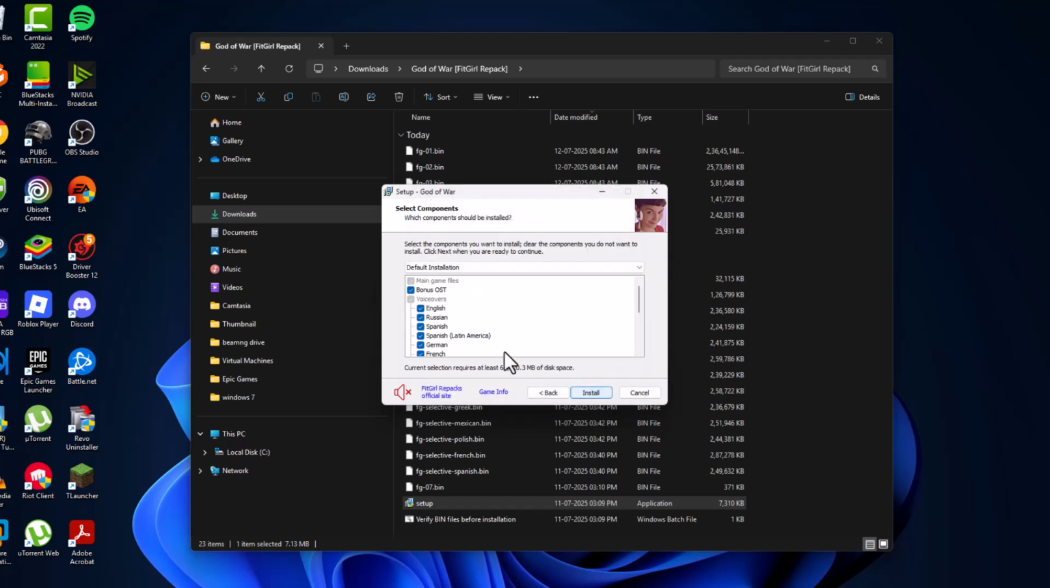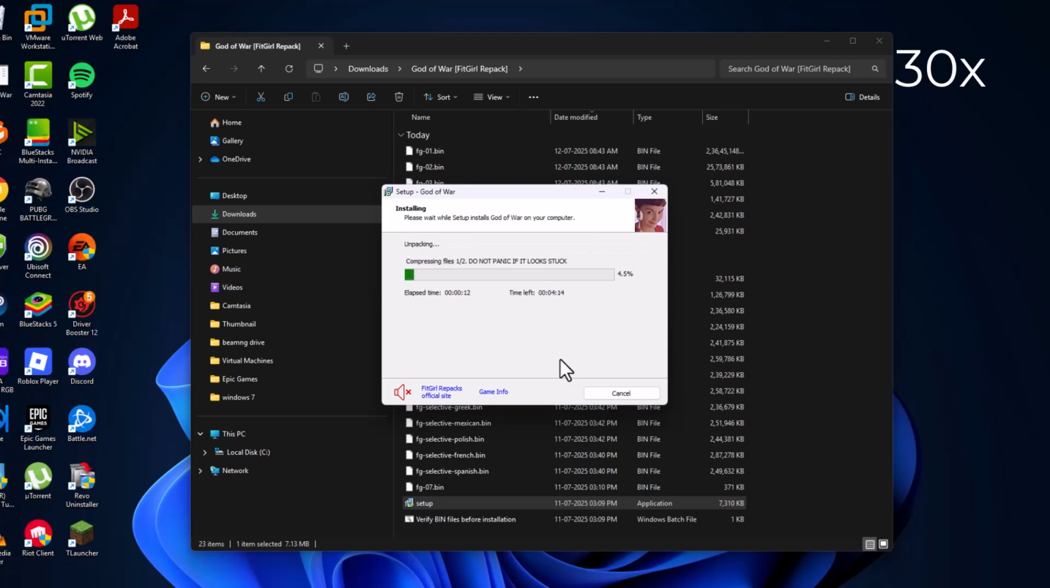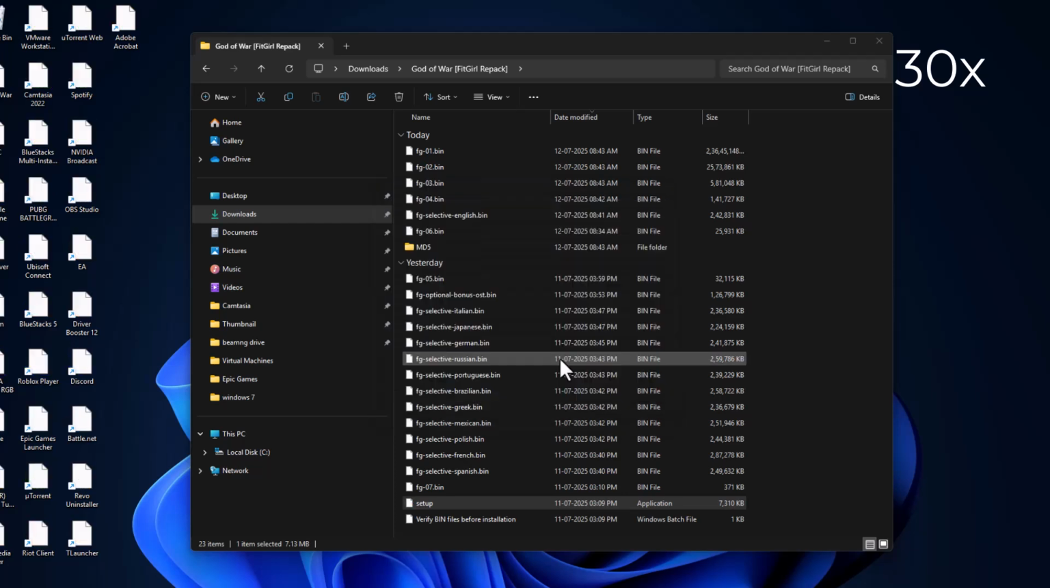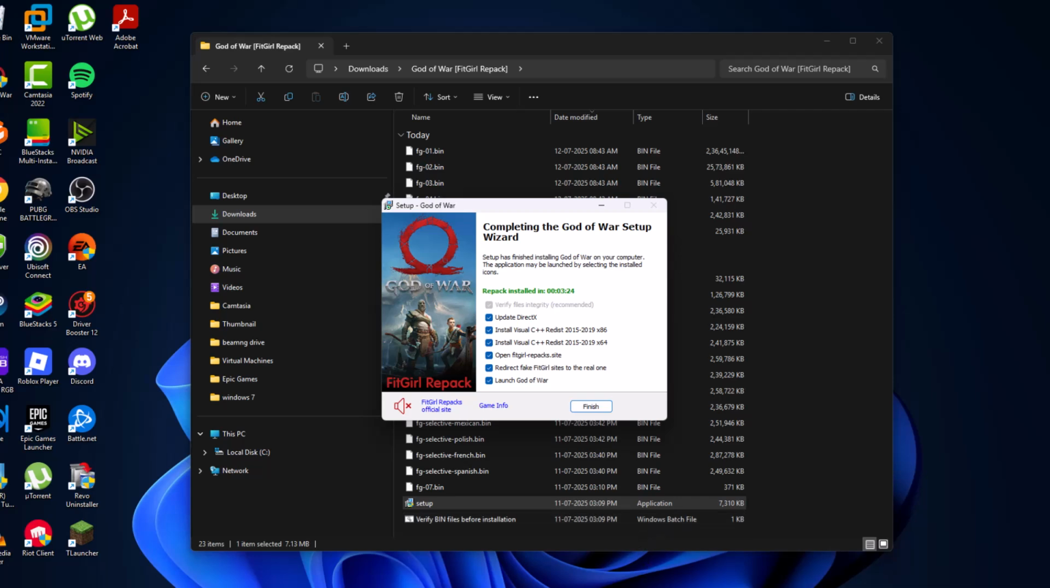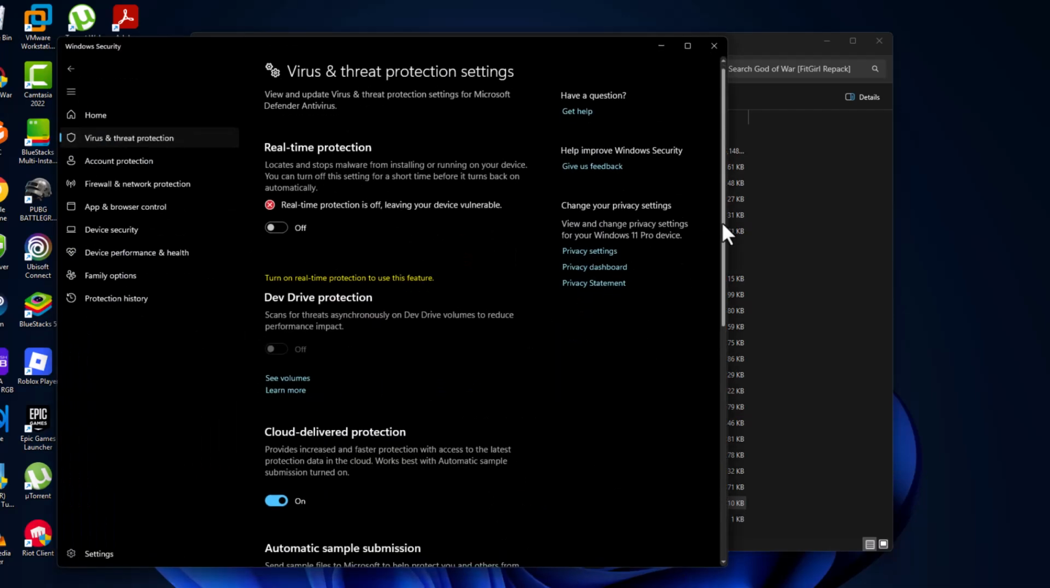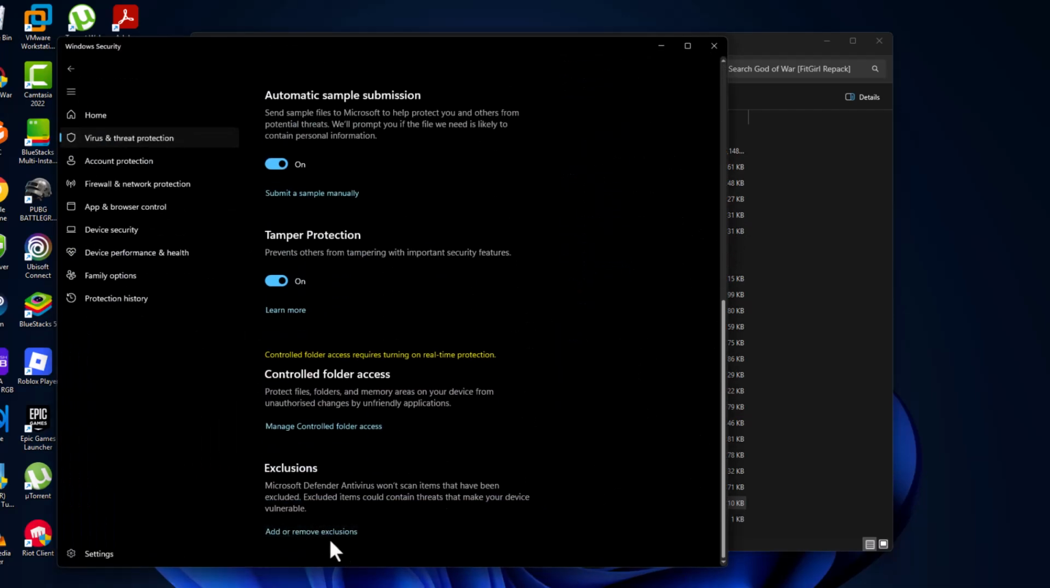and select next. In voiceovers, you just need to check your preferred language, guys. I'm gonna have English. Other things checked, and then select install option. After the installation is done, open up the Windows Security we minimized before and scroll down and select add or remove